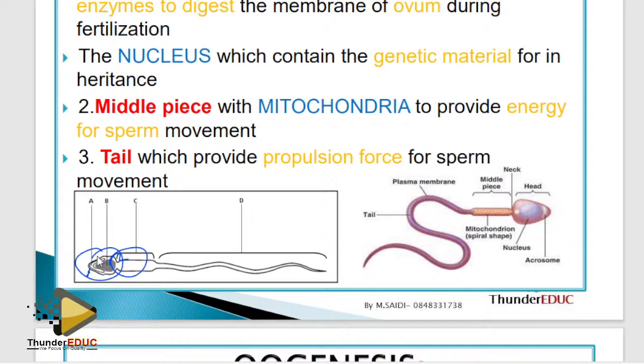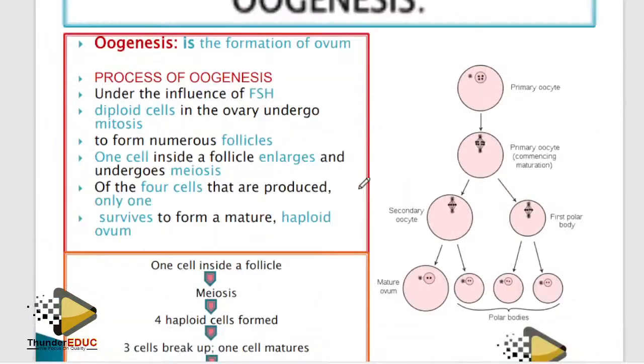But they can ask you a question, adaptation of the sperm for locomotion. Now you only talk about the tail and the middle piece. That's all. Adaptation of the sperm for fertilization. Now they are talking about only fertilization, so you only talk about the acrosome and the head. Is it clear? Don't just go and say, I know the sperm. Look at the question critically. You remember these words. All right, let's continue.